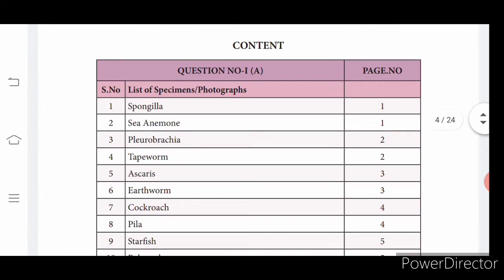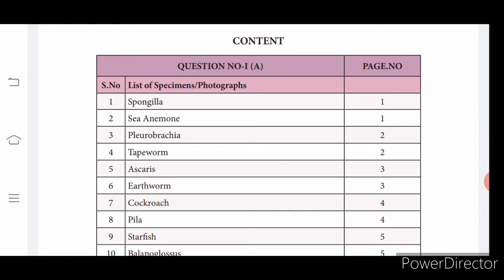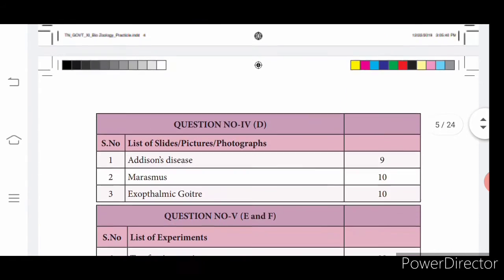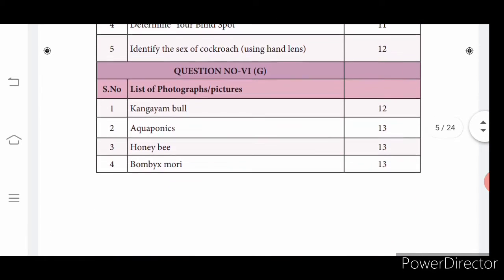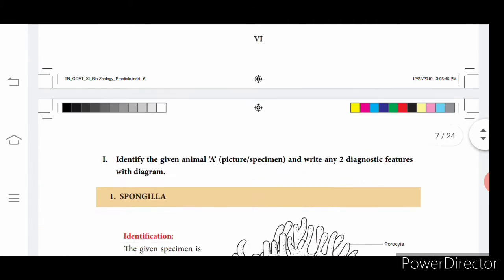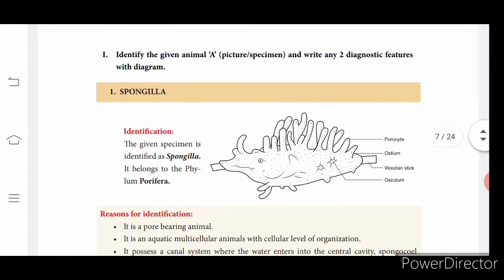And then coming to this one, content. So this content as such you will write in your index. Okay, index column you should write as such in the same order in your record. So anyway, we will fill the index column once you start writing with your notes. Follow. So first page, right hand side, you should write the question.